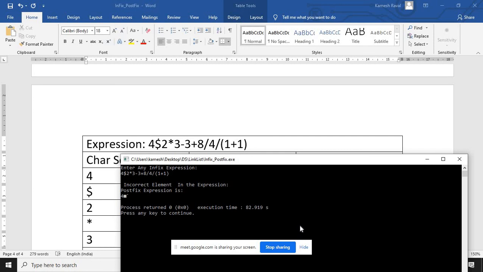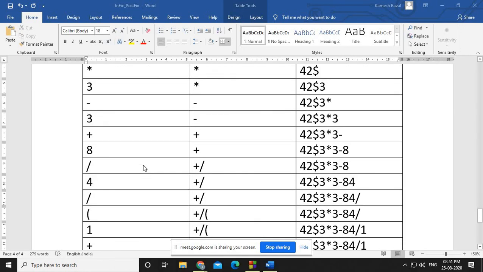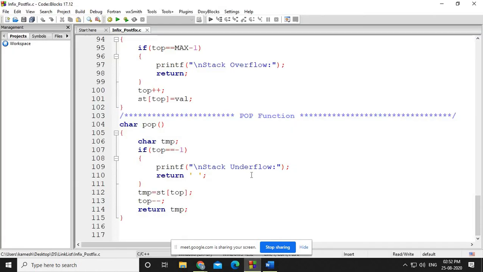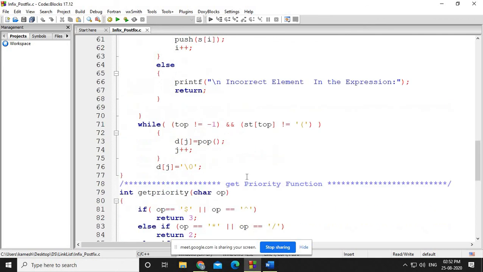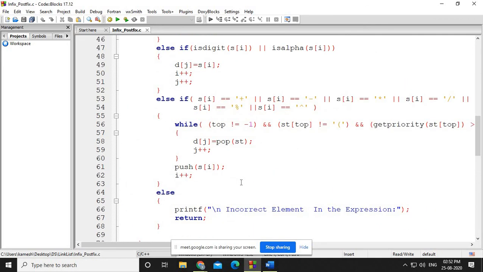There is something wrong. 4.2 into 3 minus 3 plus 8 divided by 4. Okay, I'll just check whether I have given a priority to plus. Yes, there is a programmatic mistake, I think. I haven't considered the dollar sign here, right? Instead of the dollar sign, what I have considered is a caret sign.